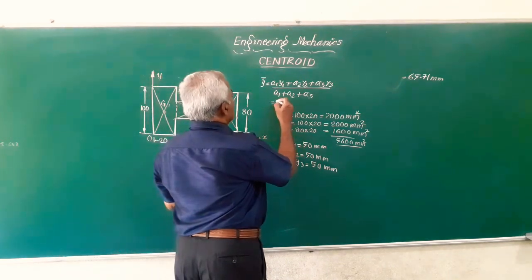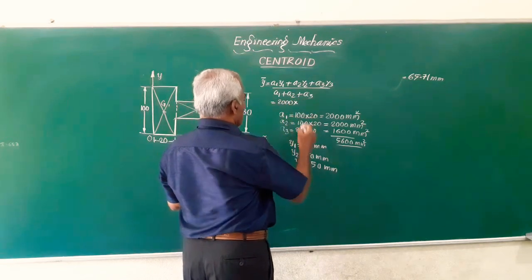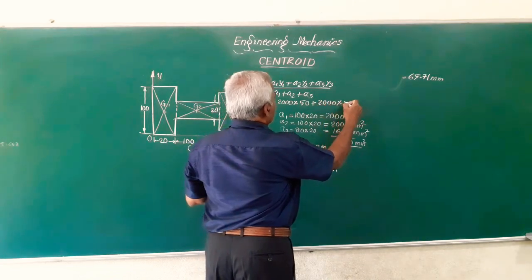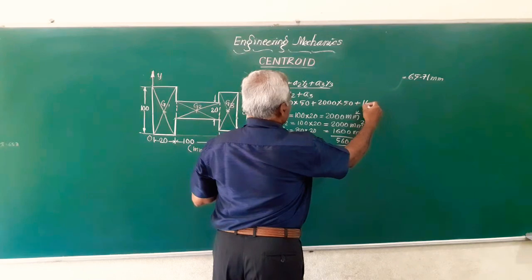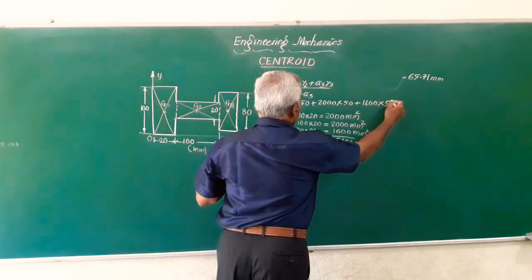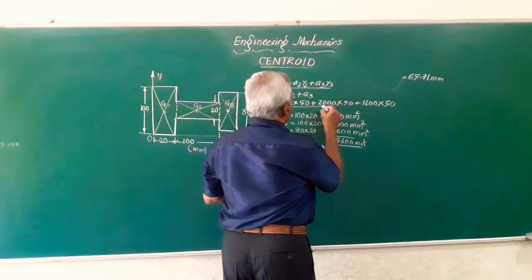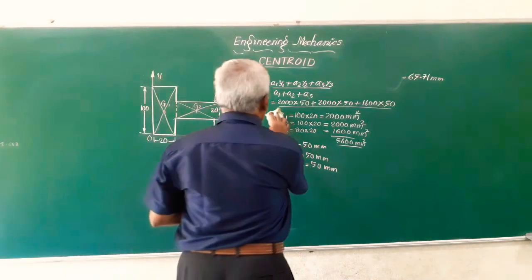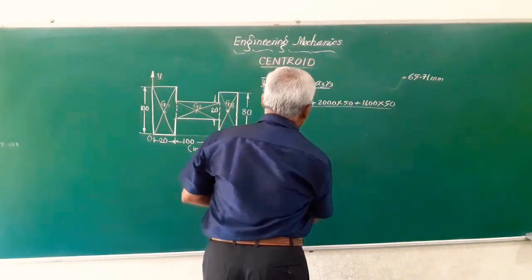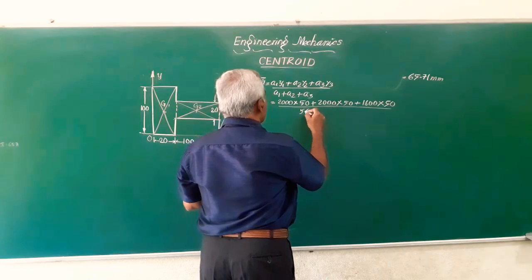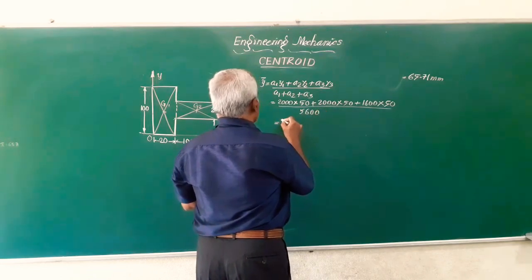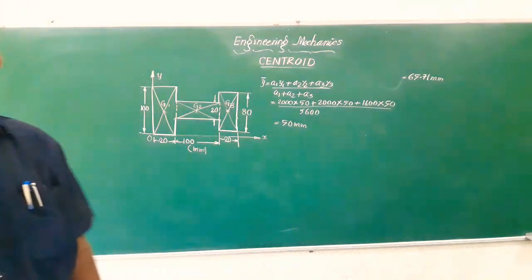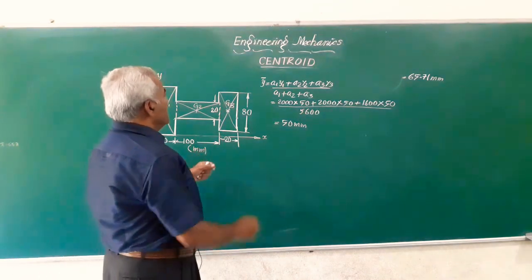So y bar is 2000 a1 y1 plus 2000 into y2, a2 y2, plus area 3600 into 50 divided by the total area, that is 5600. You will get this value. Answer is equal to 50 millimeter. Friends, that is to say, the y bar or the distance of the centroid from the x-axis is 50 mm,